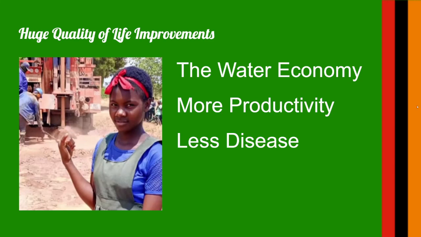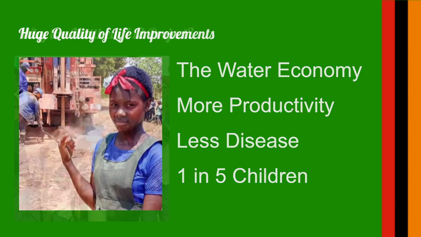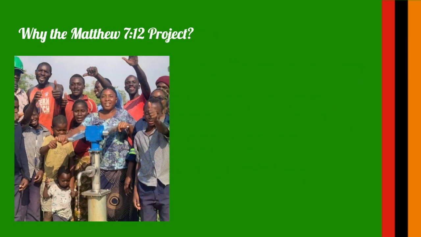There's a study I looked up from Waddington, Brick, Cairncross in 2023. 17% of all-cause mortality in childhood is directly associated with access to clean water. That's 1 in 5 children will live. All-cause mortality. That's 1 in 5 children will live because they simply have access to clean water. That's how important it is. And you put this thing next to a school, you've just changed the community. So it's really an important thing to do.